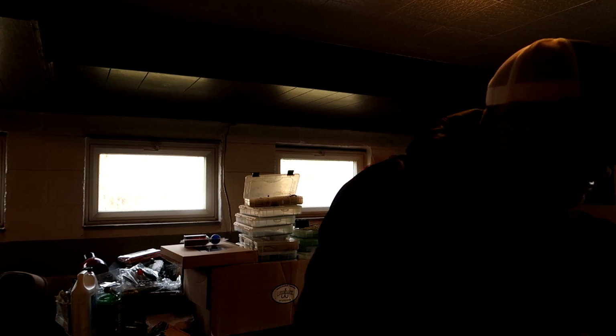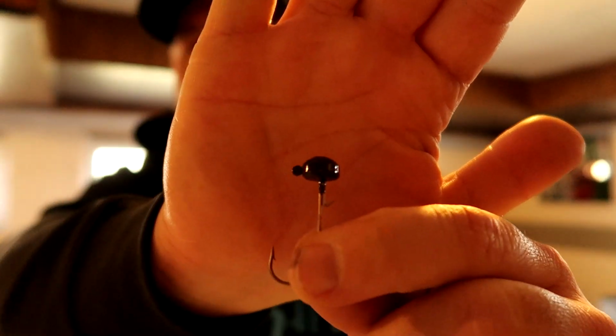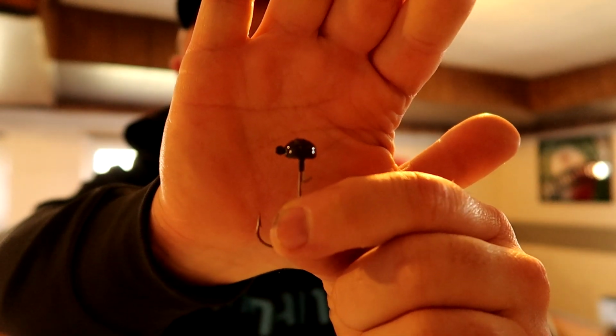So all of these are done. There's one here that I intentionally left when I painted it. Here it is. So you can see here that the jig eye is totally covered over with paint. And in order to get that out of there, the only way I can figure to do it is I use an old hook, and I just sacrifice a hook, and I bust those eyes out. It's really dangerous because you can hook yourself. You can also, you know, that hook is no good that you're using. So do yourself a favor, before you bake these, bust those eyes out with paint,